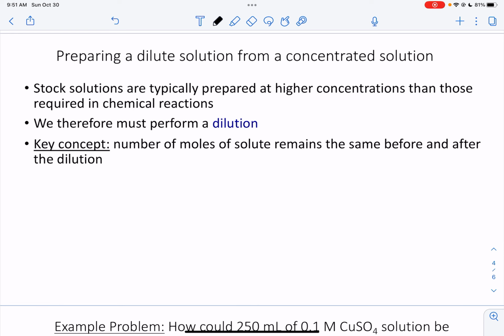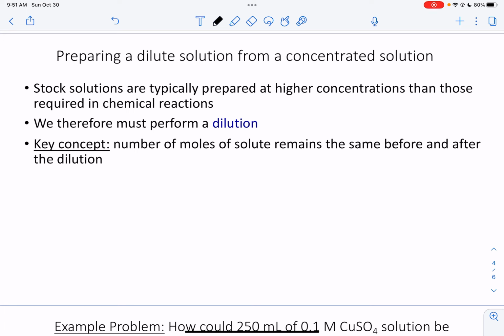Finally, after we've measured out our sodium chloride and dissolved it in water to prepare the stock solution, we need to prepare a series of dilute solutions. So I'm going to introduce the concept of a dilution next. Stock solutions are typically prepared at higher concentrations than will be useful in a given reaction, because we don't